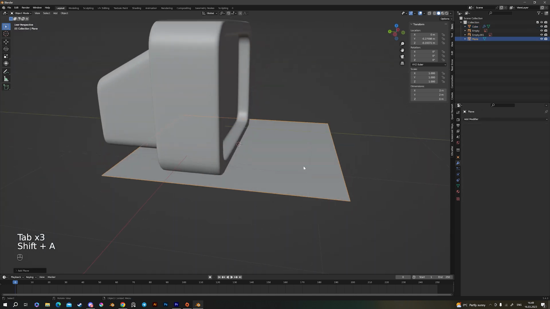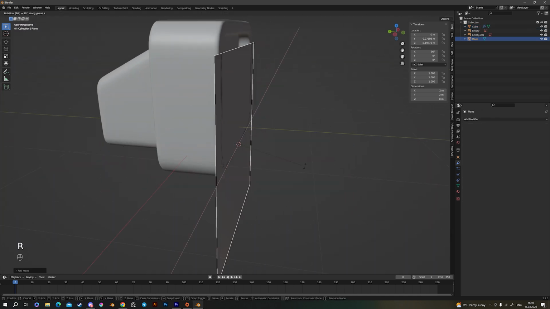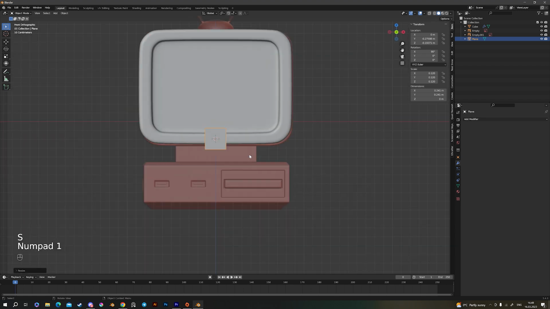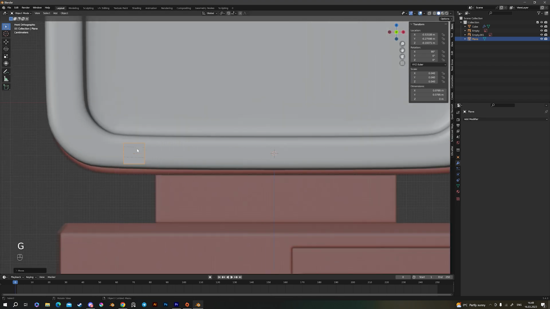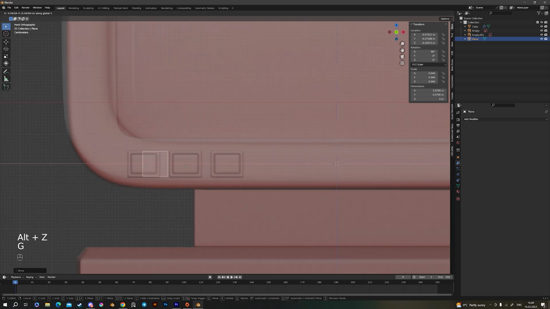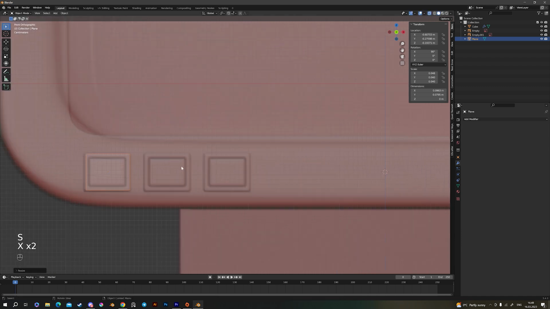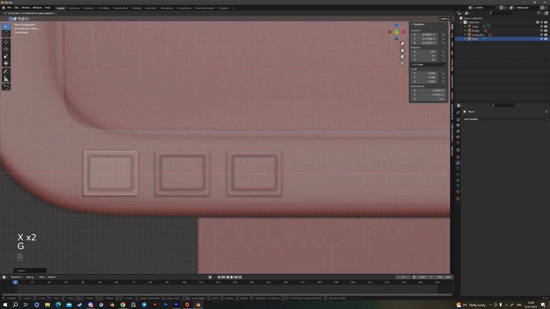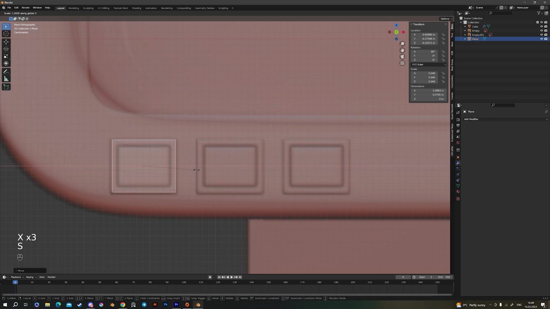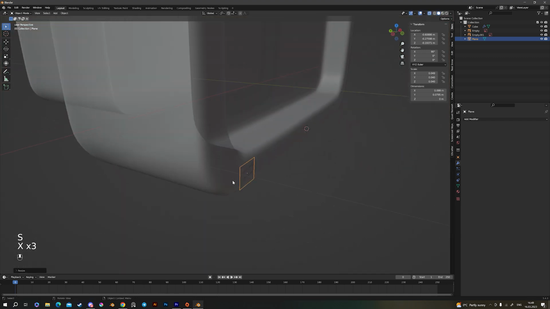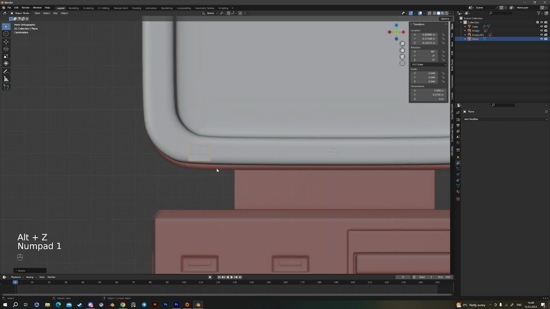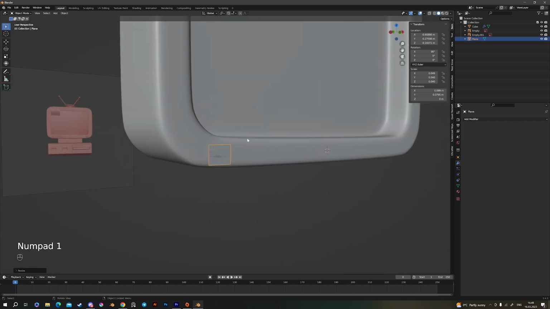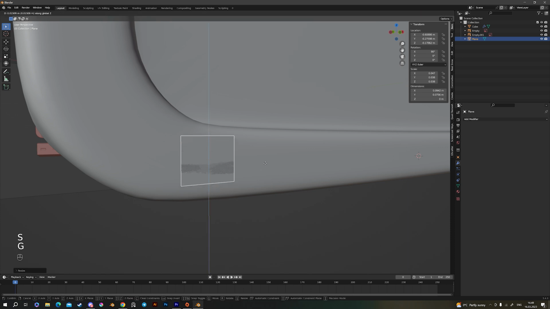Then we can add plane, rotate it, scale it, like that, and position it according to reference. But you should keep in mind that it doesn't have to be brilliant and ideal. As you can see, now the button doesn't match the monitor exactly, so let's scale it, move it up,